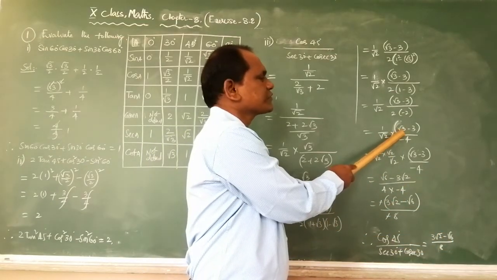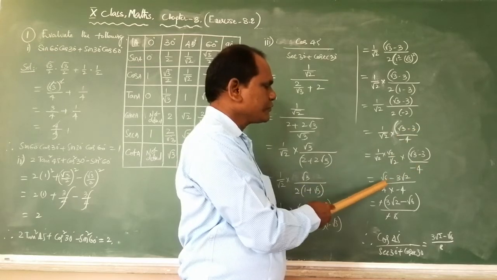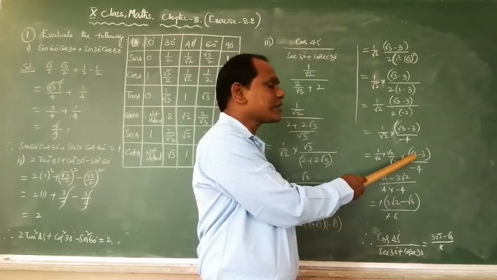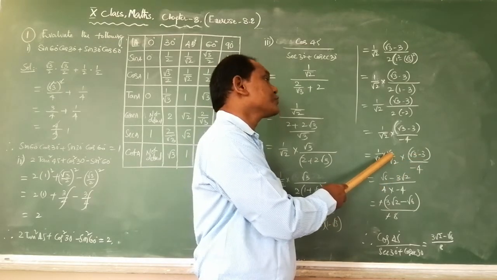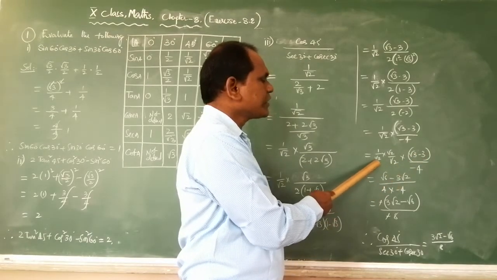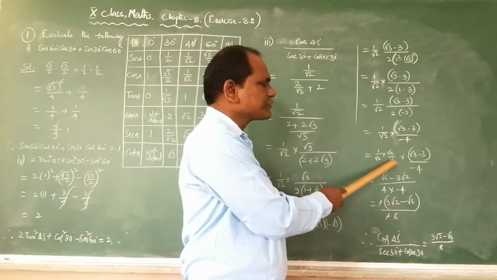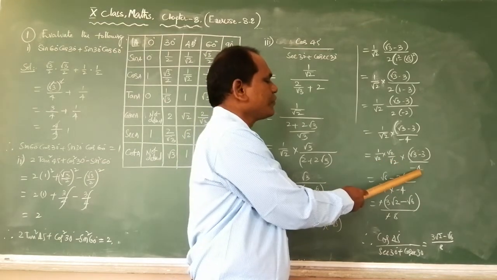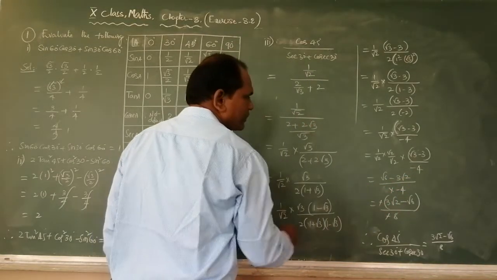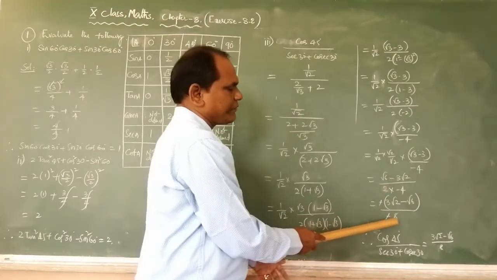This is as it is, square root of 3 minus 3 by minus 4. 1 into square root of 2, square root of 2 into square root of 3 is square root of 6, square root of 2 into 3 is 3 into square root of 2. By here, square root of 2 into square root of 2, how much is it? 2. Sorry, I wrote 4, that was wrong. It is 2. 2 into minus 4 is minus 8.